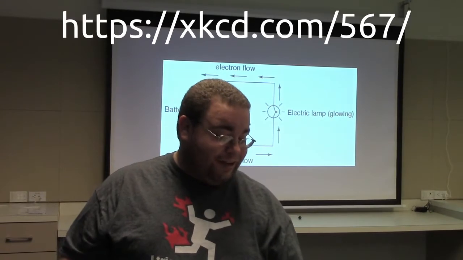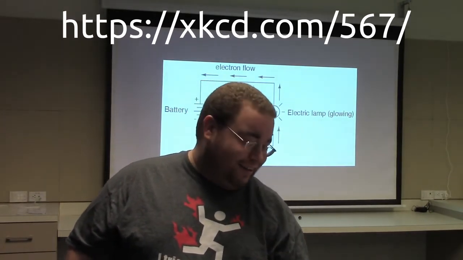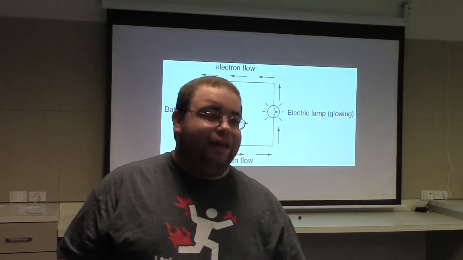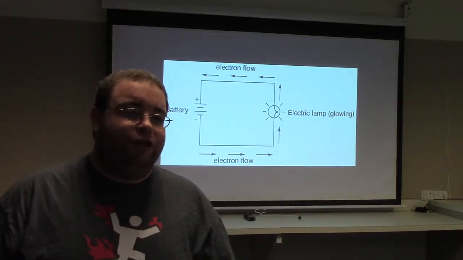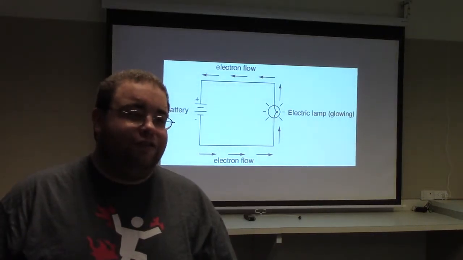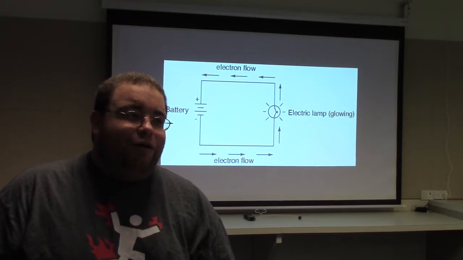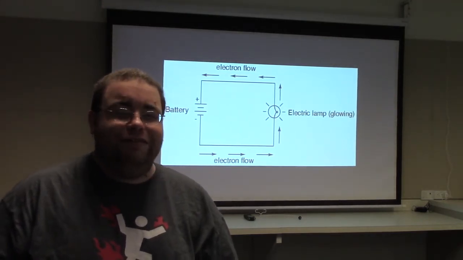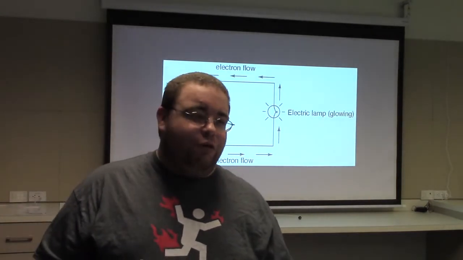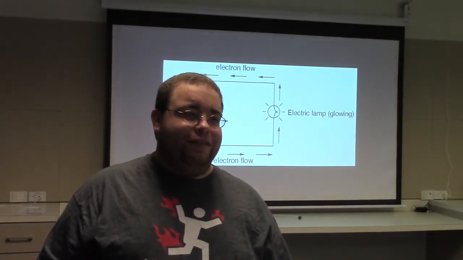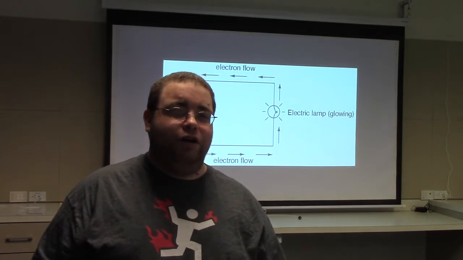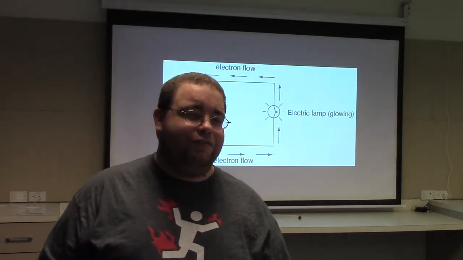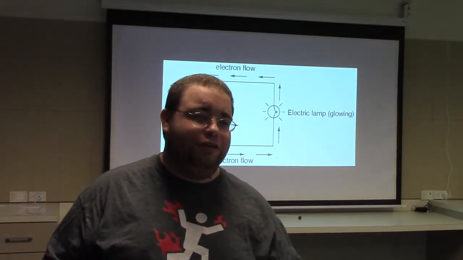There's actually an XKCD comic about that. It was an arbitrary decision made when people first started researching electricity in the 1700s about which charge should be considered negative, which one should be considered positive, and once they actually understood what was happening, it turns out that the electron should have the positive charge, but it doesn't. And since it's an entirely arbitrary human convention,